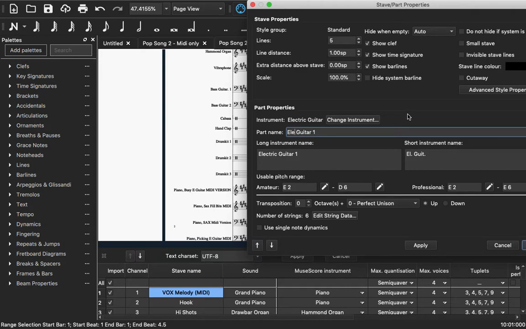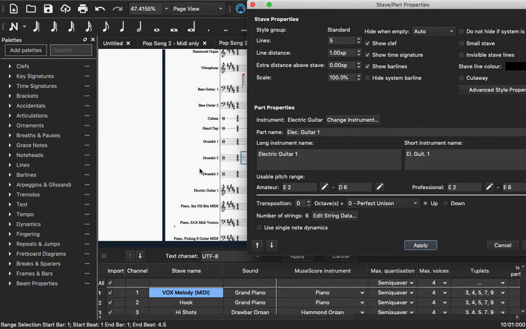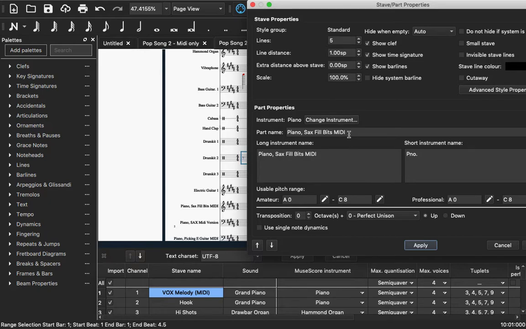Electric guitar 1. Okay. Apply. Now that is much, much nicer. You can see it fixing on the side here. Alright, next one. We've got